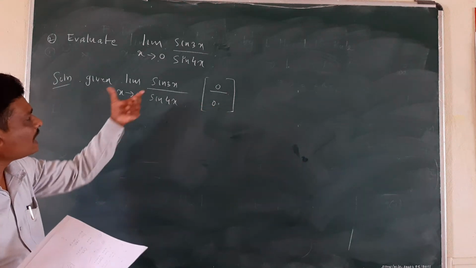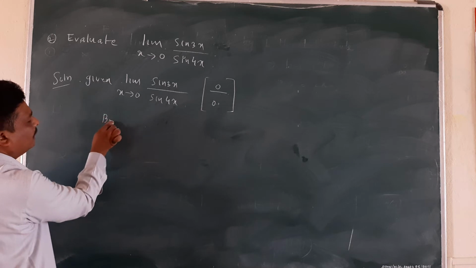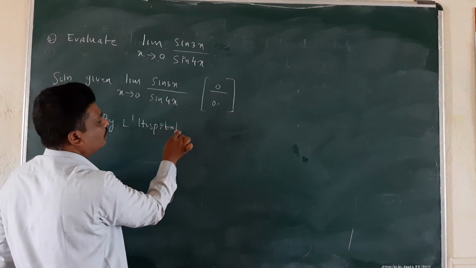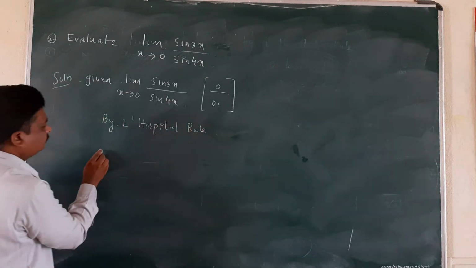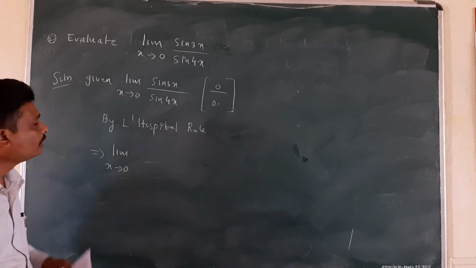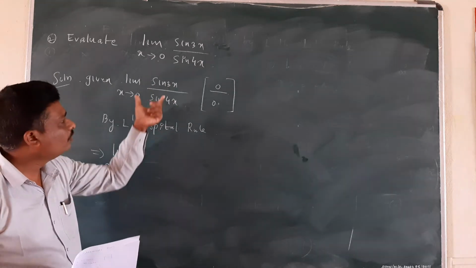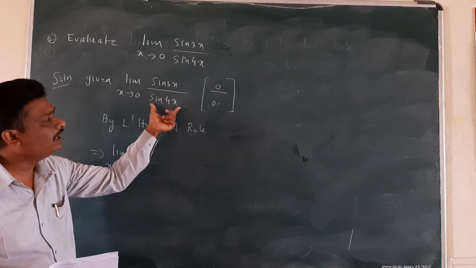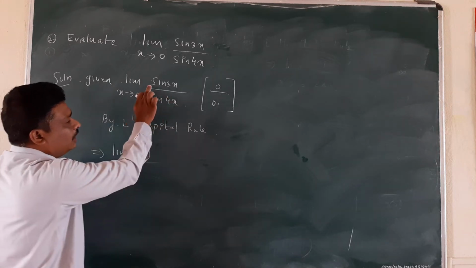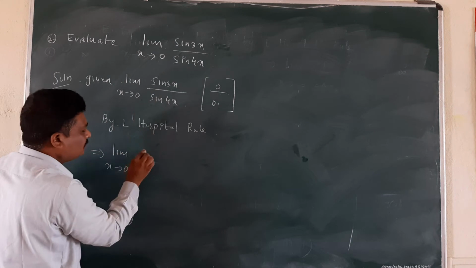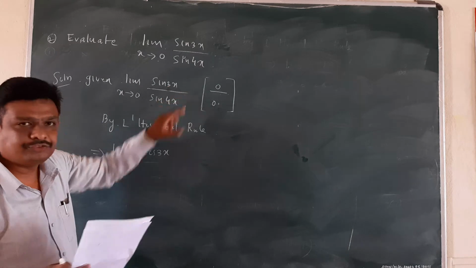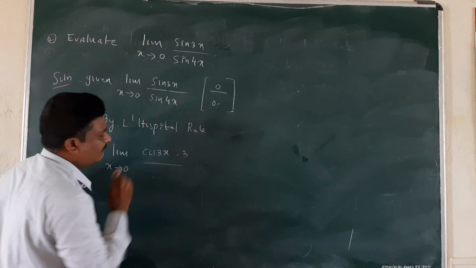So for that, what do I do? I will apply L'Hospital rule. By L'Hospital rule, limit as x tends to 0. As per L'Hospital rule, we have to differentiate the numerator separately and the denominator separately. So the numerator is sin 3x. Derivative of sin is cos, so cos 3x. Now sin is removed, remaining is 3x. Derivative of 3x is 3, divided by